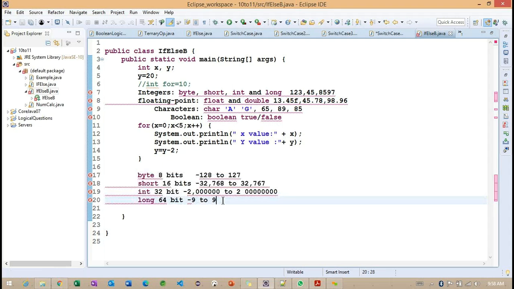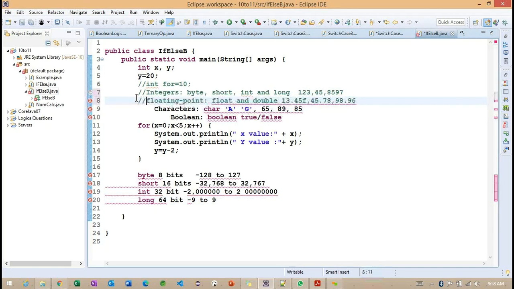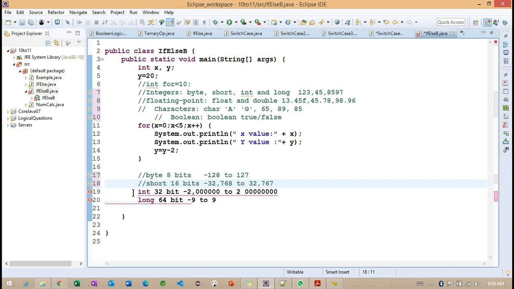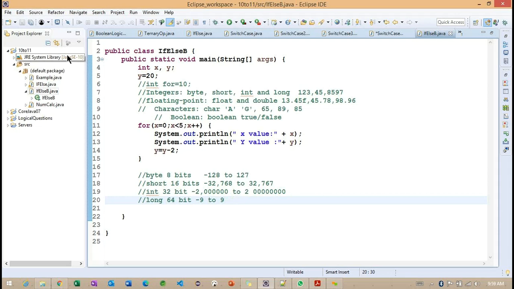So today we are going to discuss a simple example on this particular range, and let me comment this particular section. Okay, so we'll have a simple example on this integer-related topic.